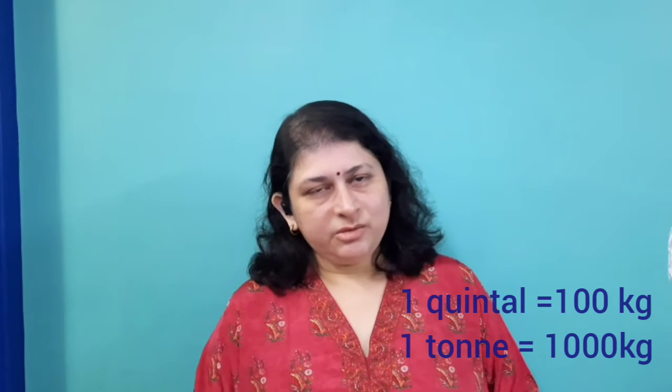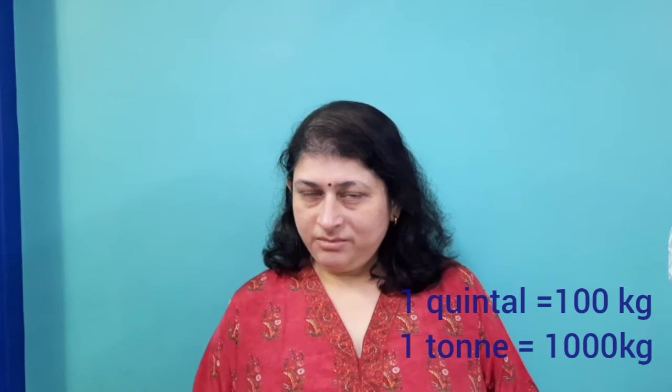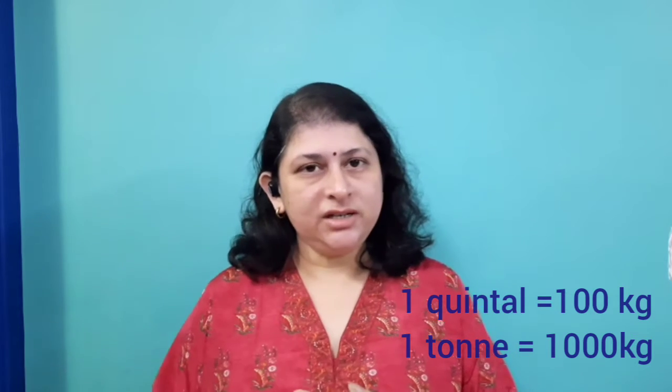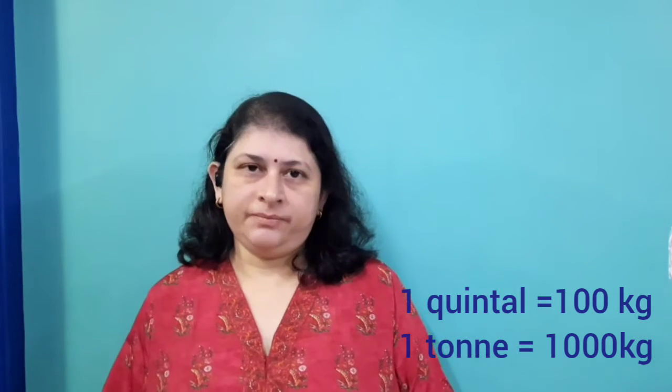So to measure mass, we have kilogram, quintal and ton. The weight of a truck is measured in terms of ton. The weight of a sack of wheat is measured in terms of